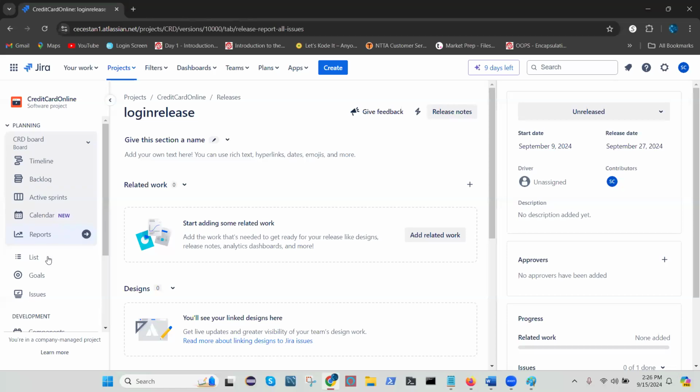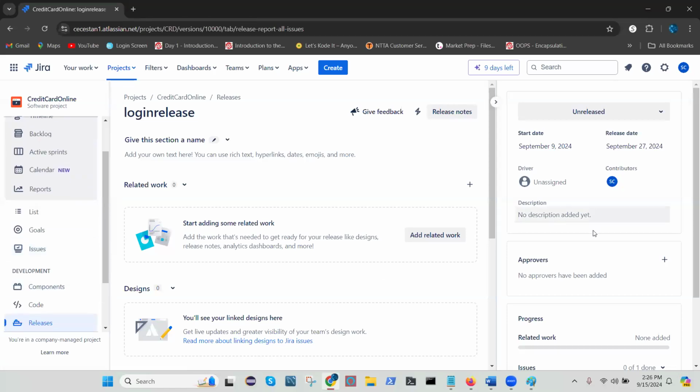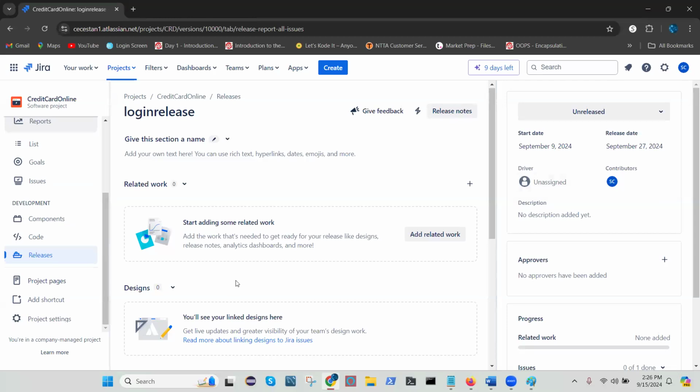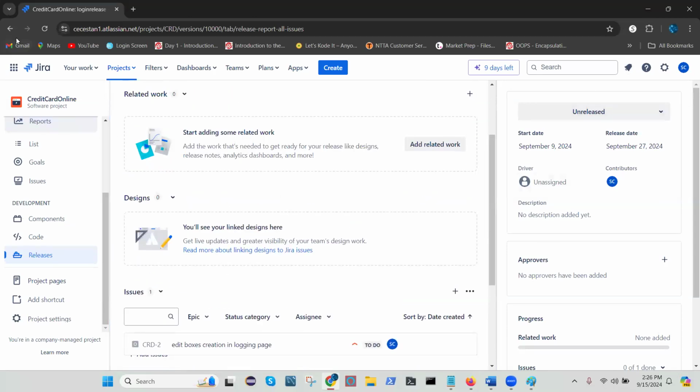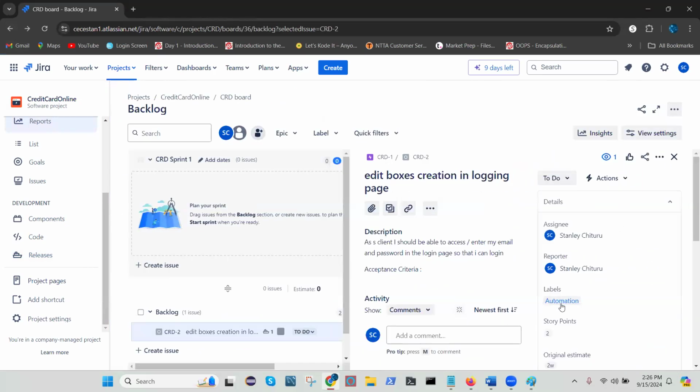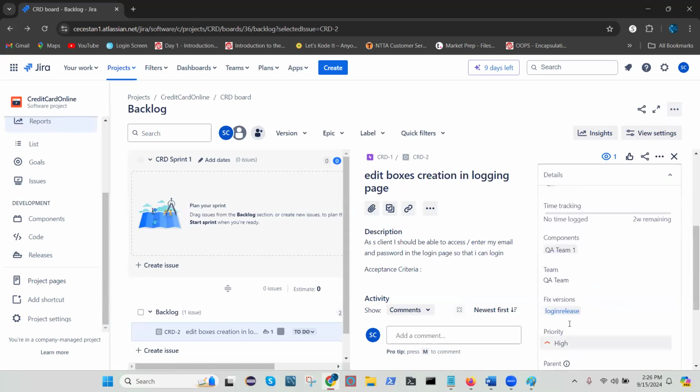It will be created for you, and you can clearly tell that this user story has to be released into production by this specific date,